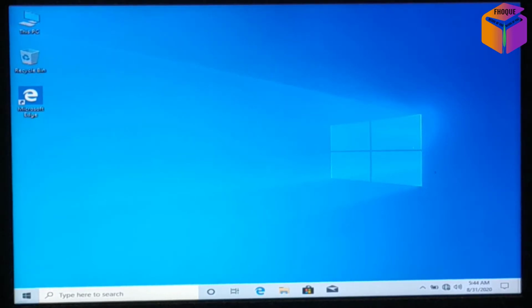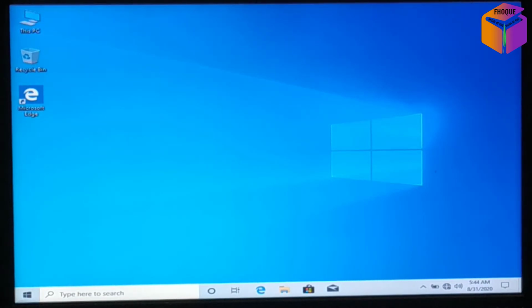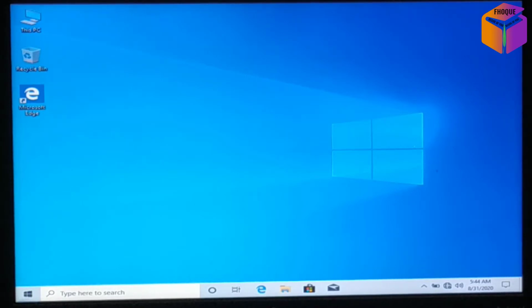Hopes you are good. Friends, today I'll show you how to make partition without Windows installation. Actually, sometimes we get some hard disks where there is no extra drive except the C drive of that computer. In that case, you need to make a partition to create a new drive. So easily you can create 2 or 3 extra new drives, or as many as you like.